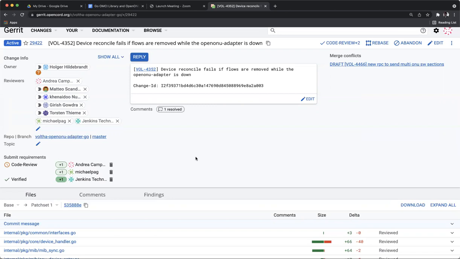Does that answer your question, Holger? Okay, I see. And regarding the new test case by Thorsten, what would you say? Should we bring it in and let it fail until the problems are solved, or should it only get merged if the problems with the hanging or pending flows have been fixed? What is your opinion? So I would say let's wait.